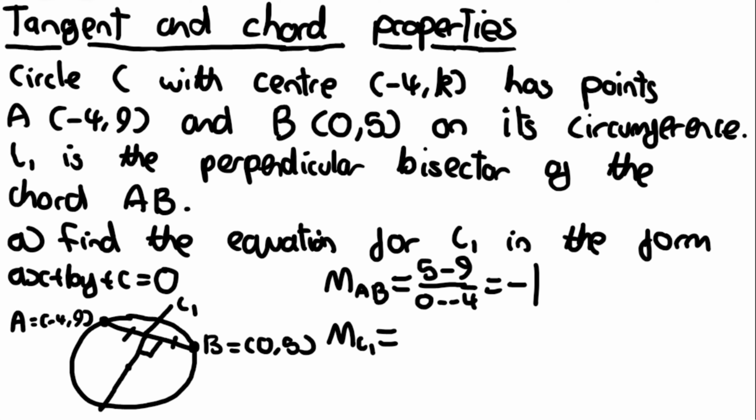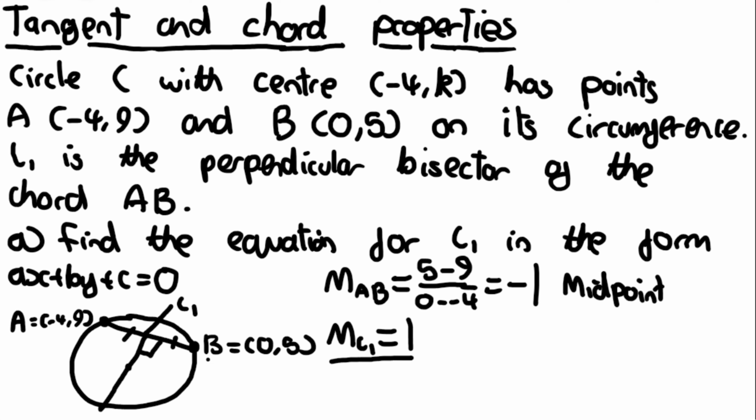So the gradient of L1, as they're perpendicular, is going to be the negative reciprocal of -1, so the gradient of L1 is going to be 1. So that's the gradient of L1, which we need to know. But we need to know a point on L1, and we can do this by finding the midpoint